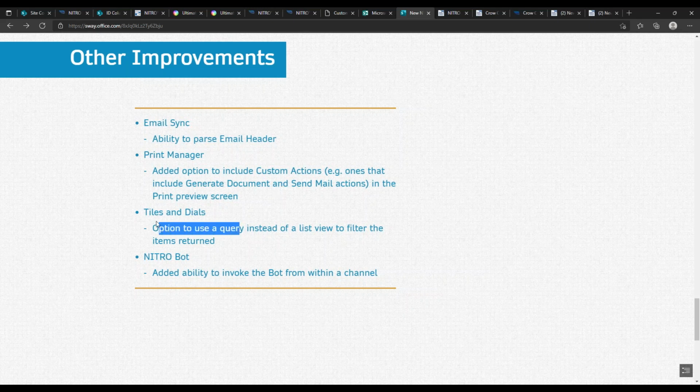We also added in tiles and dials, you got the option to use a query instead of a list view. So up until this year, you could only use the list views that you've created to filter the items that get returned in that tiles and dials interface. But now you can go and build a query, and instead of building a whole list view on the fly,